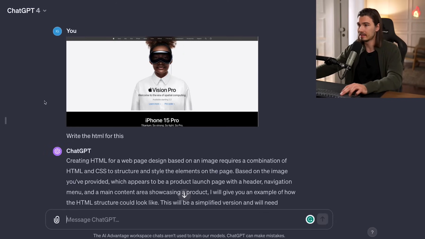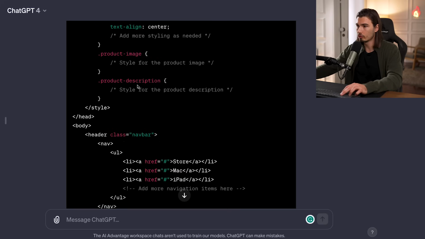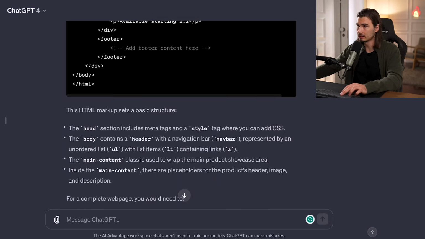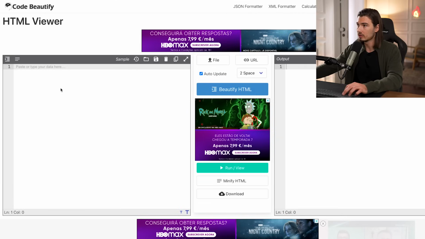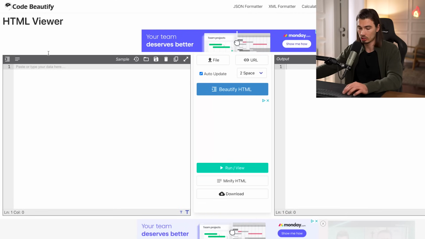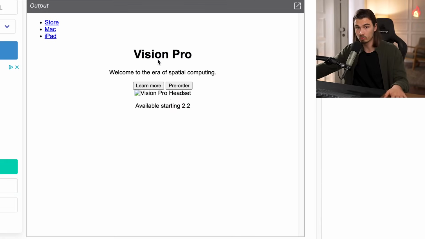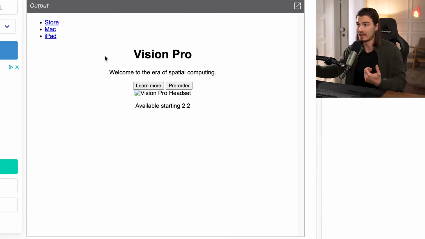Now for comparison's sake, I did the same thing inside of GPT-4. I just used a simple prompt that says write the HTML for this. And GPT-4 did just that. Nice. So it did note that I need an extra CSS document. So let's just copy this and go to one of these websites that visualizes HTML code for you. Okay, so literally just paste this in here and this is what GPT-4 created, okay? So this is very bare bones, nothing close to the original, but to be fair, you would need some CSS to style it the way it's on the